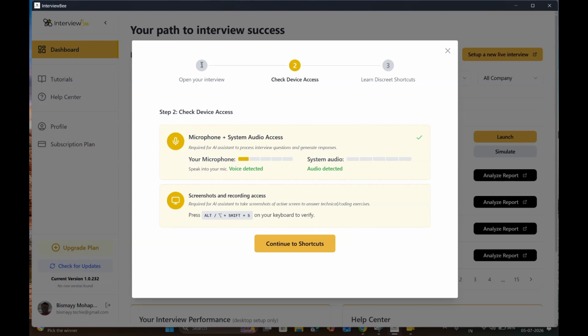So my first step was to open the interview room. The second step was to check device access. Now this is optional. The last option is to check whether your application has screenshots and recording access. Now this is a very critical feature, although it is optional for checks right now. But if you're going for a technical interview, this is needed because the AI assistant will be able to take screenshots of your active screen. And if there is a question or a LeetCode question or a presentation and you need some answers based on the presentation that is showing up,